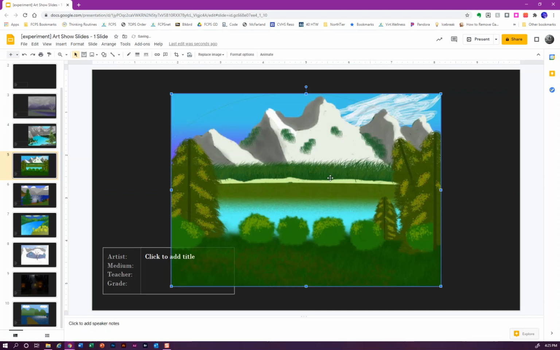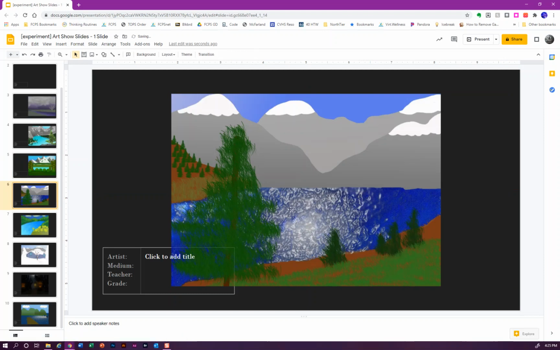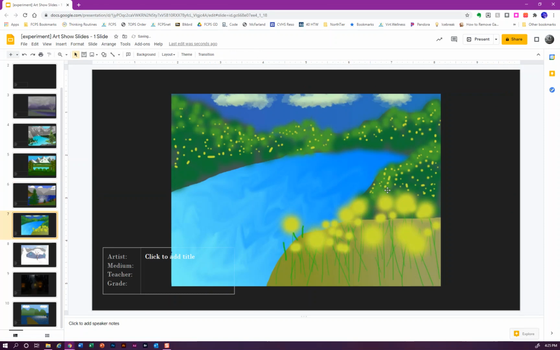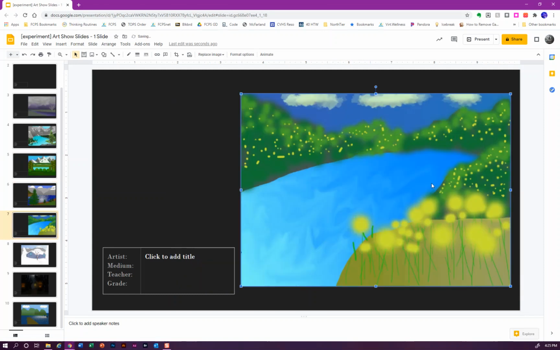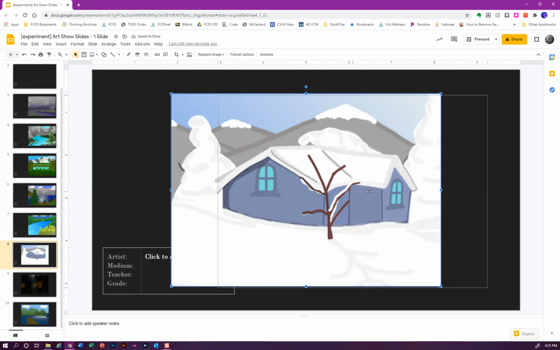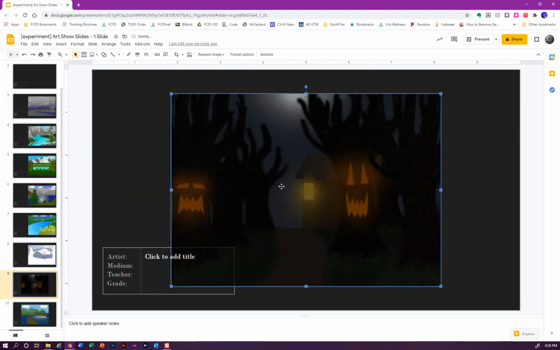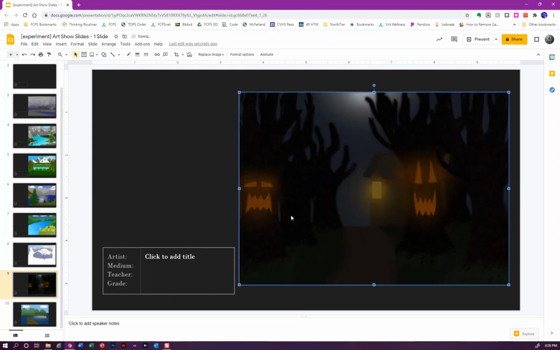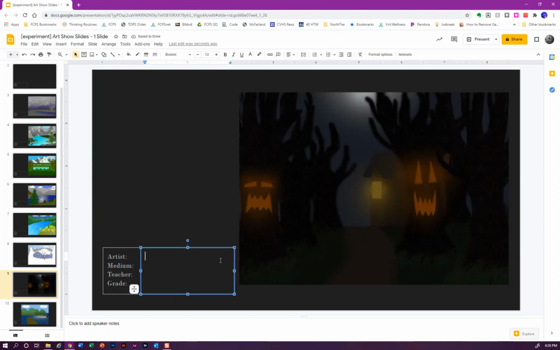Depending on the size of your pictures, for example, these were all 8x10 Photoshop files, and they all fit perfectly onto the slide. So you might have to resize it, you might not, it just depends. And then the last and final step is going through each of the artworks and adding in the information. So for example, artist, medium, so if it was myself, the medium would be digital art, drawing, ceramics, what have you. Teacher